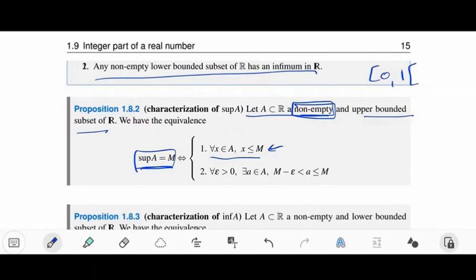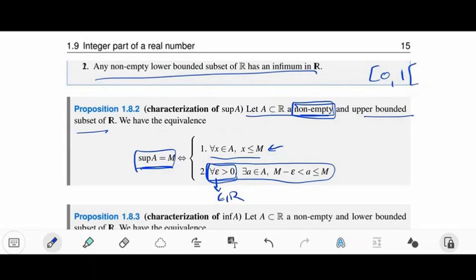And to prove that it's the least upper bound, we can prove this thing in here that says that for all epsilon positive, so whatever epsilon that represents a real number, so for all positive real numbers that you choose,